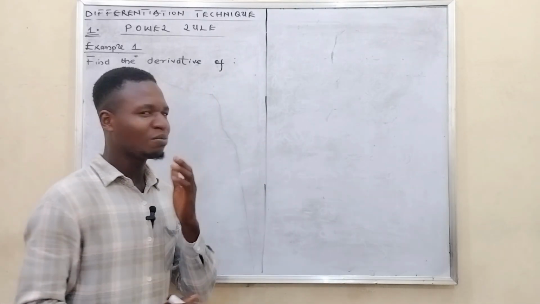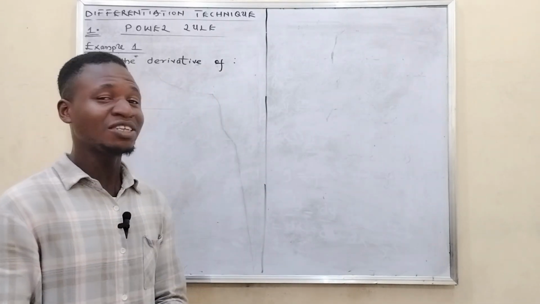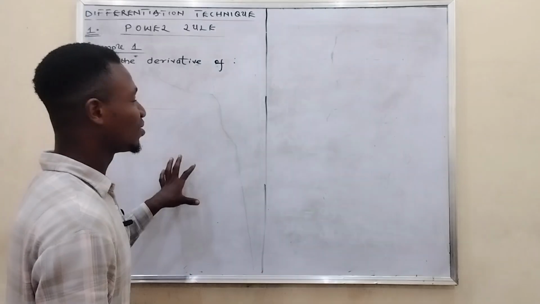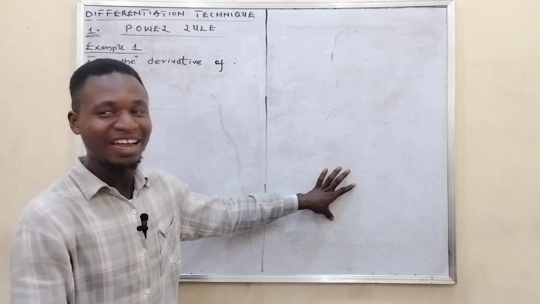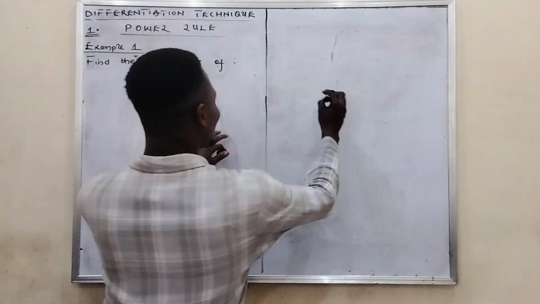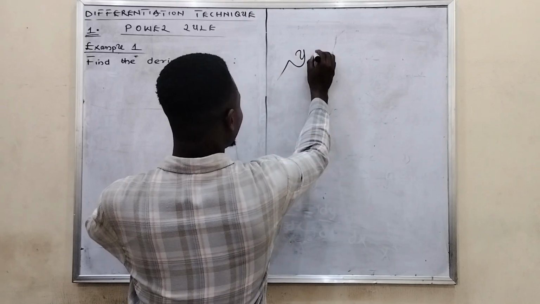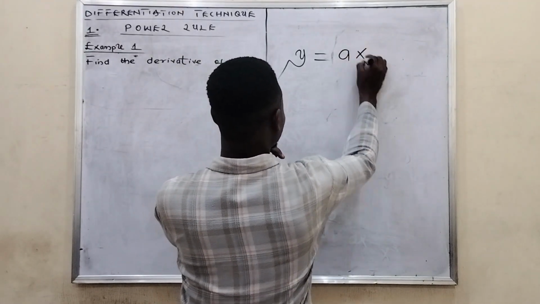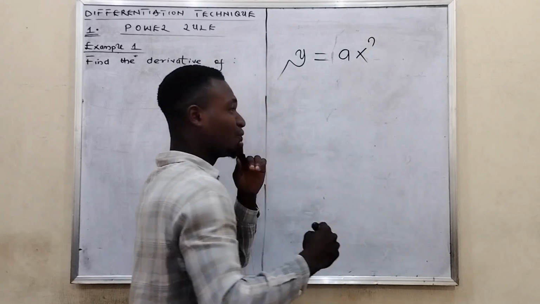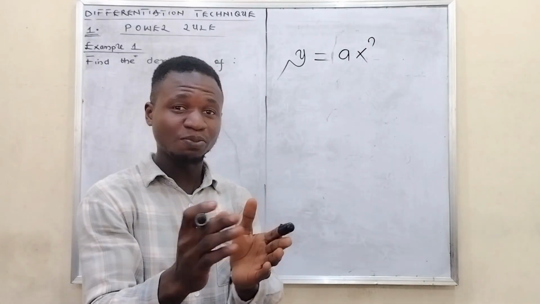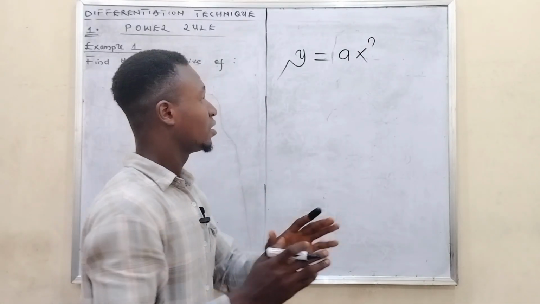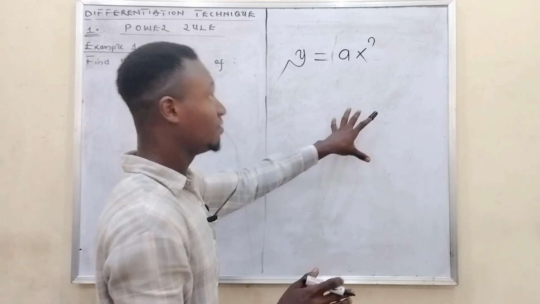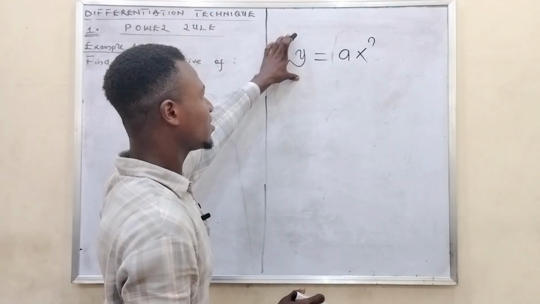Now, we're going to be talking about the power rule. Like I did mention, every child that is born into this world has to know how to apply the power rule. And it is very, very simple. Now look at this. If we have y to be an arbitrary function, so that y is equal to ax raised to the power of n. Now, from the first principles of differentiation, the power rule was invented such that the derivative of y,